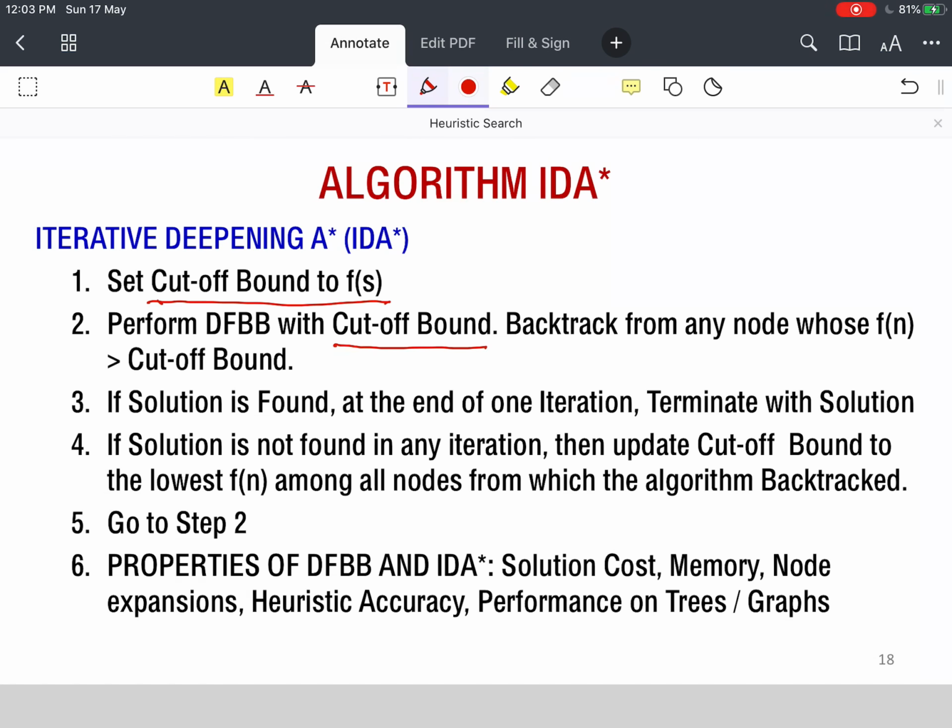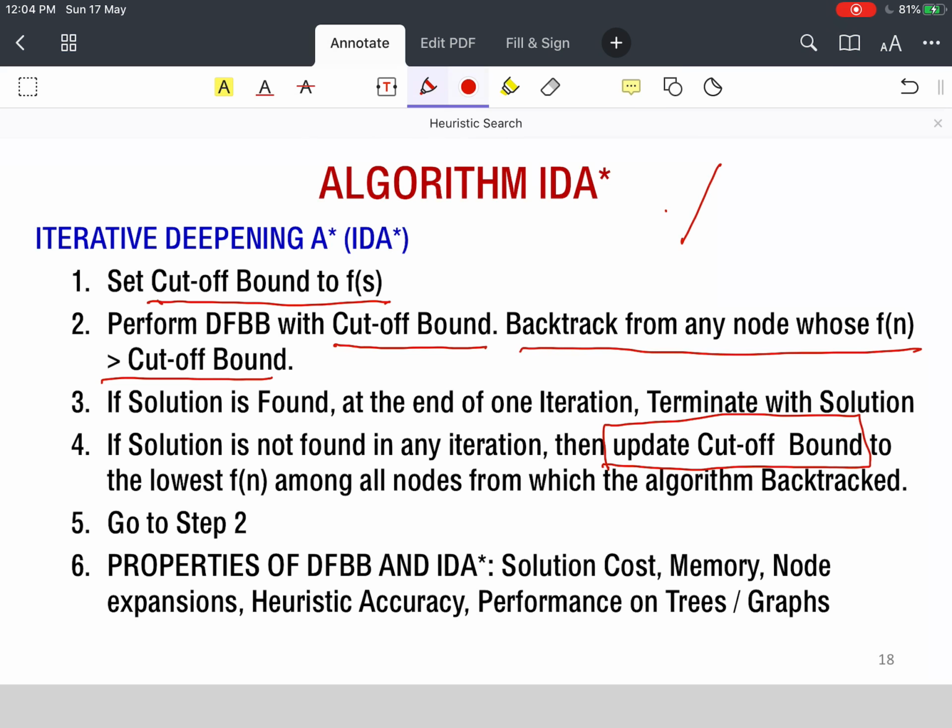It will perform depth first search with this cost bound, which means that instead of doing level by level, it will do a cost bound depth first search, and it will backtrack from any node whose f is greater than this cutoff, which is initially set to the f value. If a solution is found, then we end that iteration in step 3. If a solution is not found, then we update this cutoff bound.